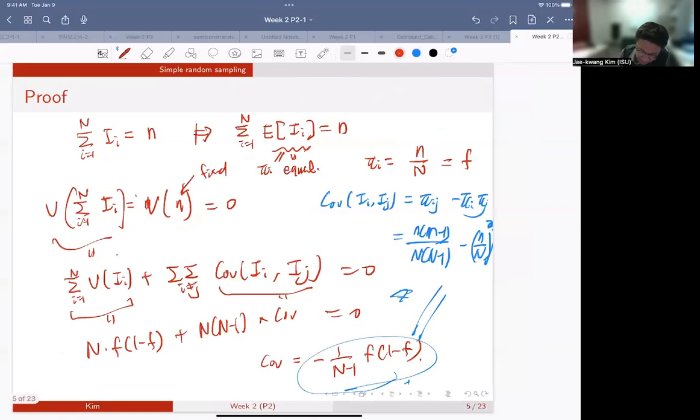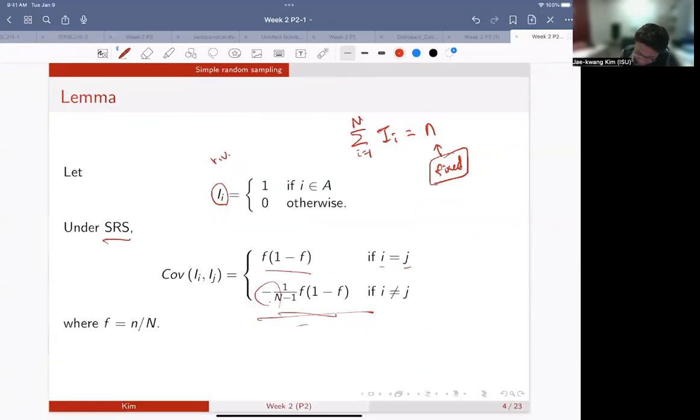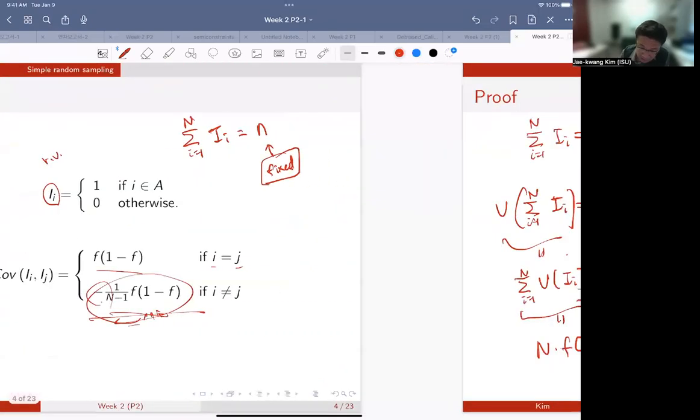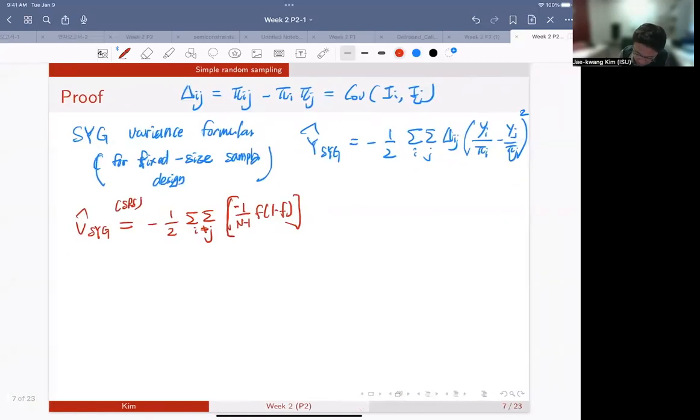In the lemma, we already have this result, so we use this result here, with yi minus n over n. Let's use f notation because f is the sampling rate. So you can write plus,